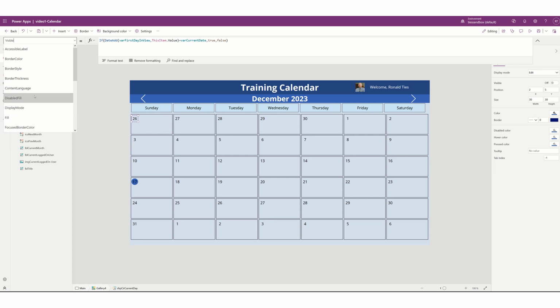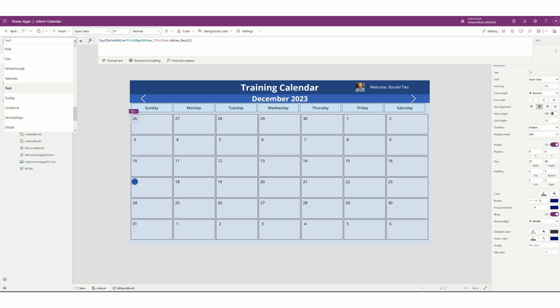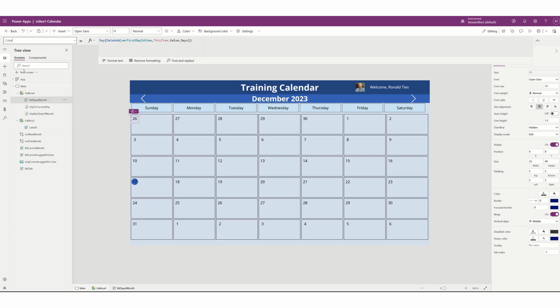Oh no, I gotta be on my label. Alright, let's get off of that. We need to be on our label. And then we're going to go up to color. And we're going to put this. So basically it's going to look at the